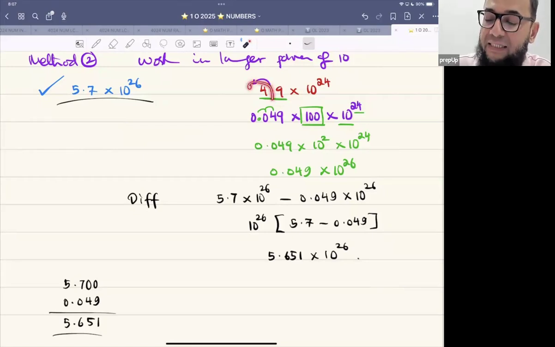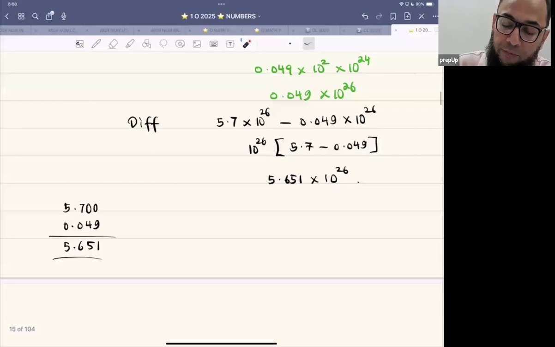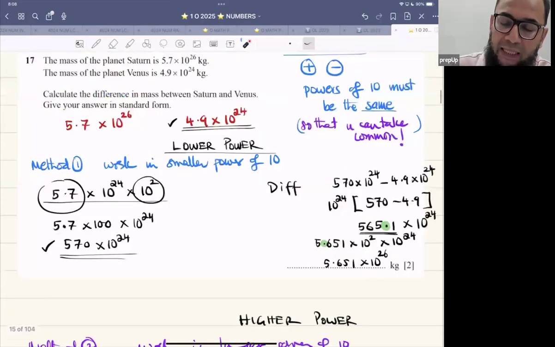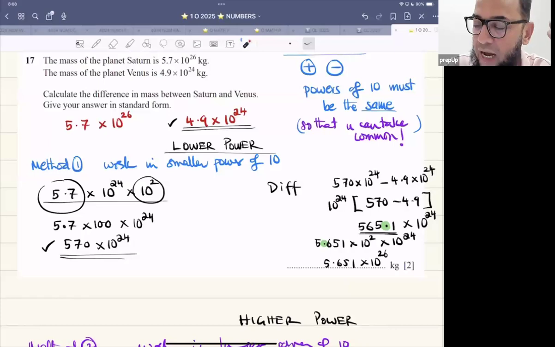So I made it lesser because I grabbed 100 out of that. So this is 0.049 into 100. 100 is 10 power 2, 10 power 2 times 10 power 24 is 10 power 26. This is 0.049. Now when I do the subtraction, this subtraction is kind of tricky for some people. So therefore, personally, I want to work in the lower power, even though I have to do the adjustment at the end, but this working is simpler because this is paper